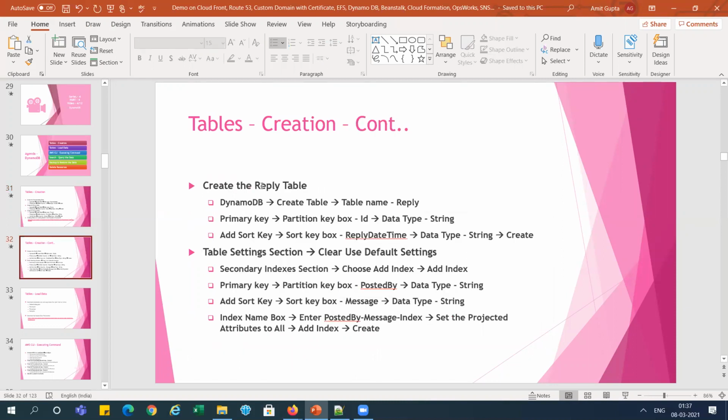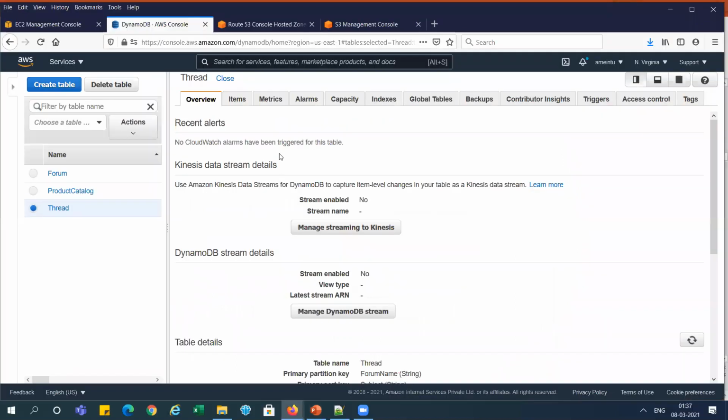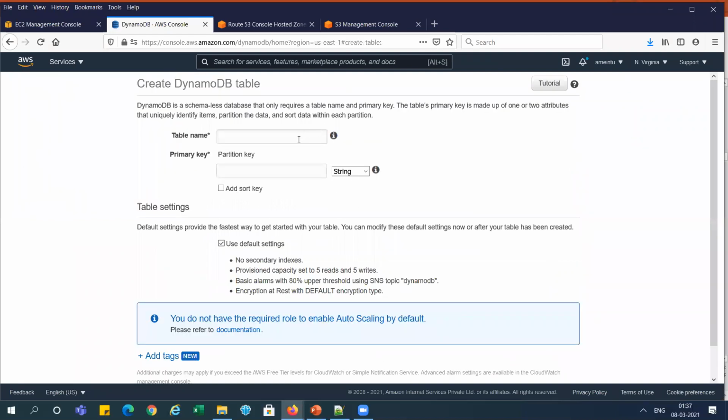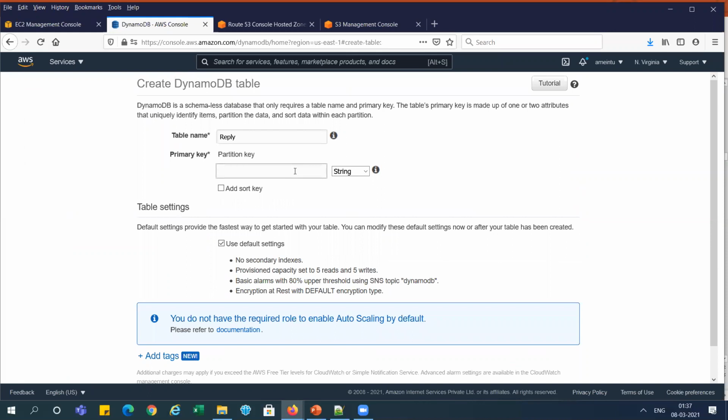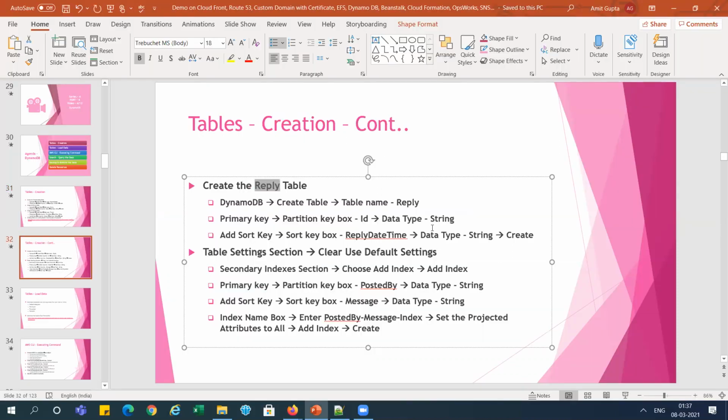And the fourth one, we need to create the Reply table. I am creating this table here. You can see Id, and the type is string, right? Id is a string, and the sort key is also ReplyDateTime.